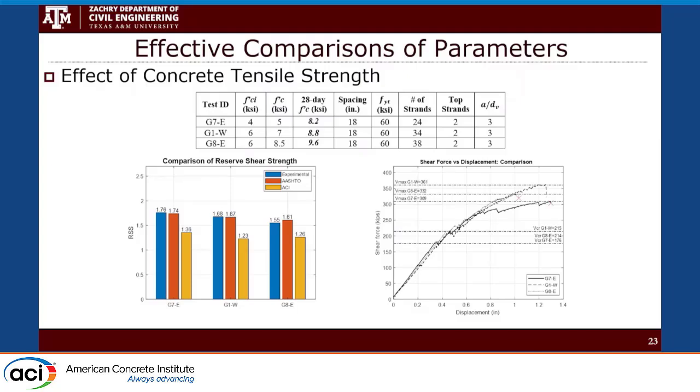And next we looked into the concrete strength. We can see a significant decrease in the RSS as the concrete strength increases. We anticipated f'c of 5, 7, and 8.5 ksi, but the 28-day strength and the test day strength were a little high. Still, we were able to get a good comparison, where we observed that because of the high increase in the strength of concrete, the RSS is reducing because there will be higher forces for redistribution. So given the increased usage of UHPC and higher strength concretes, this should be looked at given that there is a drastic